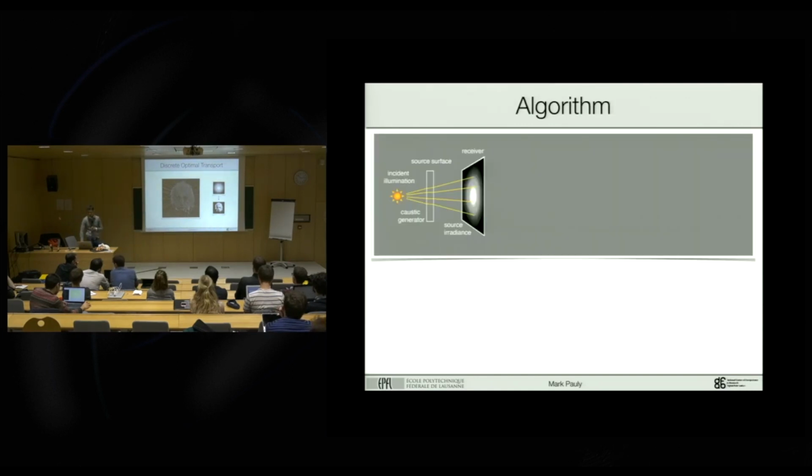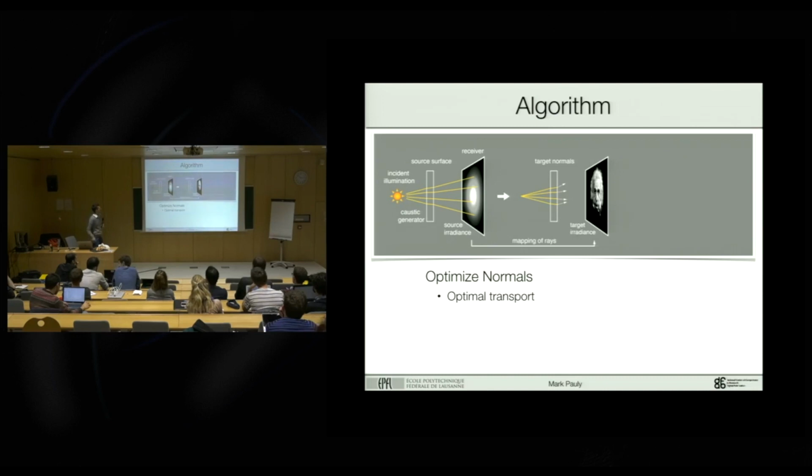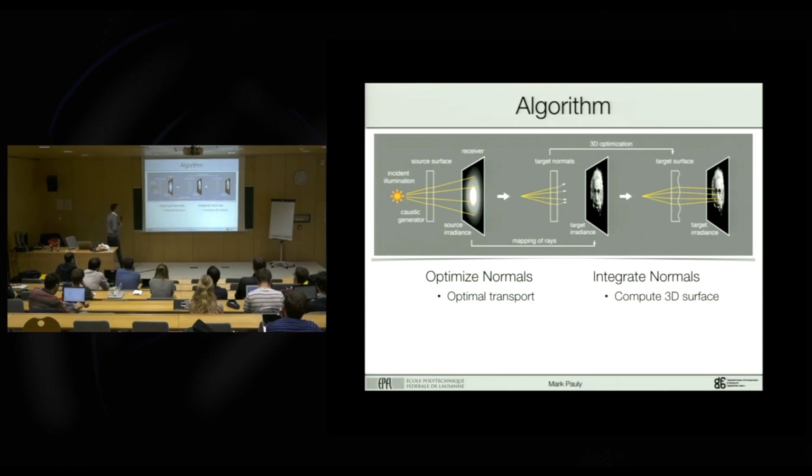Well, you're at half of your solution, because what we found with this optimal transport is we now know where each light ray needs to go. And that in turn, through Snell's law of refraction, tells us what the surface normal looks like at each point. Right? So we found the normals of our surface, but now we have to integrate these normals to actually get